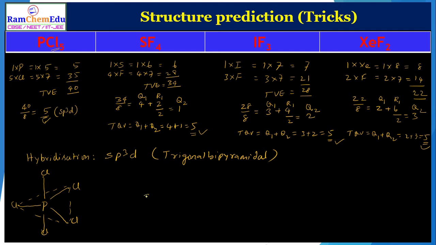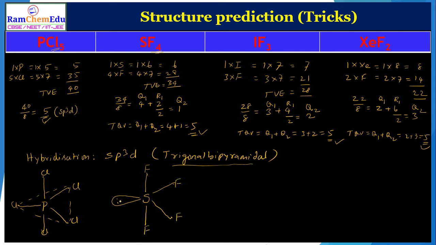We have the central atom as sulfur, and I can fix as usual, since it is also sp3d, the 5 places as this trigonal bipyramidal shape. But if I check here, the total quotient value is 5, but the number of surrounding atoms is only 4. So one of the bond pairs is missing. I can make it a lone pair. And whenever we put a lone pair in this trigonal bipyramidal shape, it should be in the equatorial position. So this is the equatorial position. So I can make this a lone pair, and the remaining I can make bond pairs, isn't it? Now I can fill in the fluorine atoms.